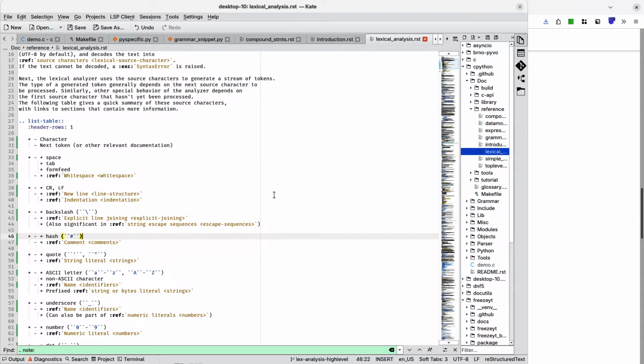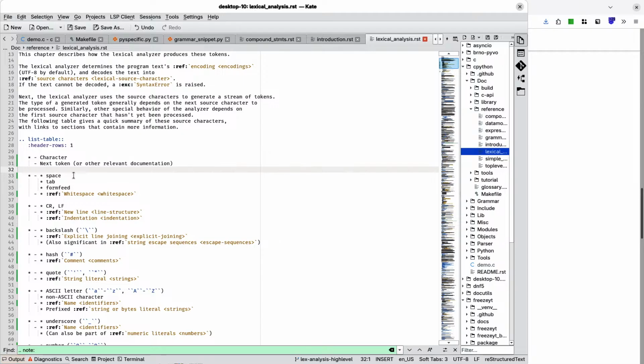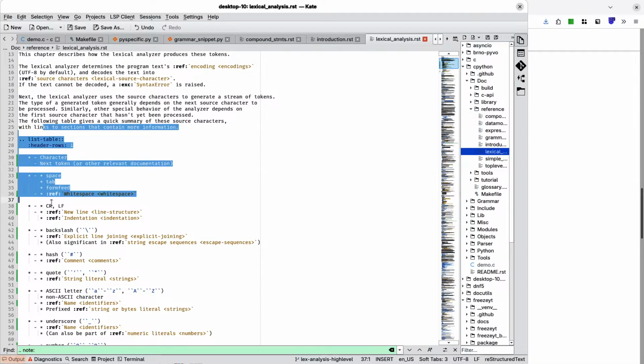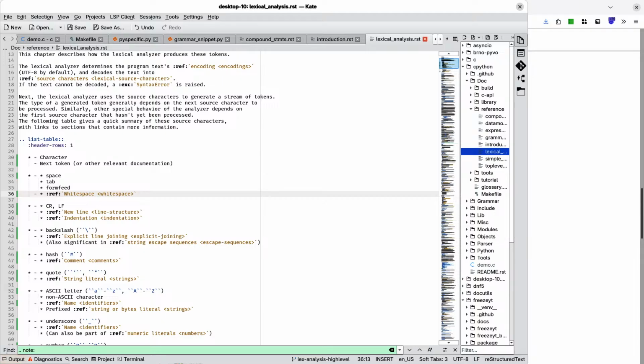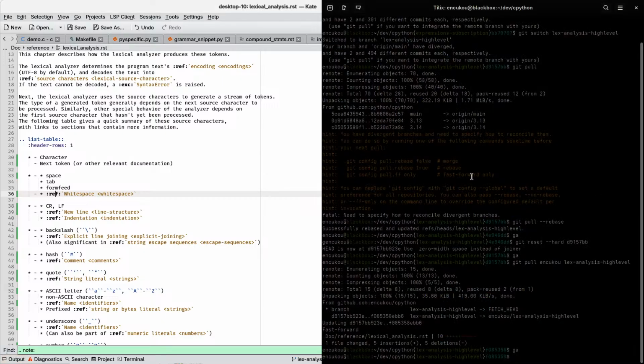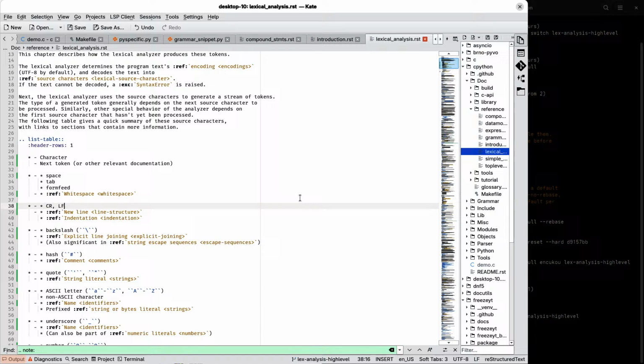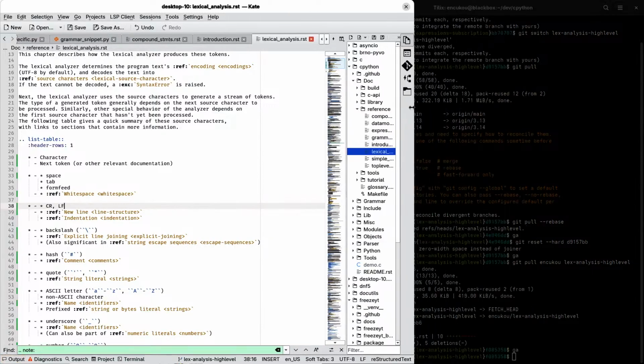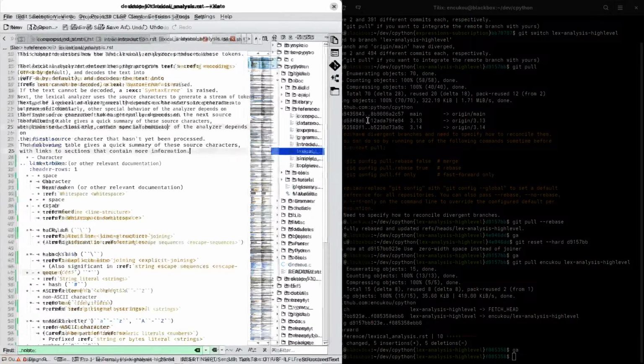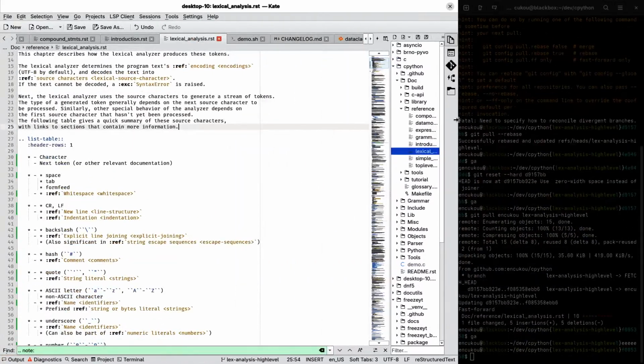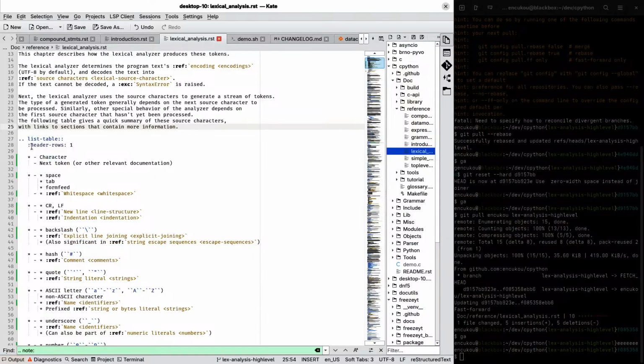All right, so we have this list table, which in the text appears as a list, but then it gets turned into a table when the documentation is rendered. Normally in reStructuredText, tables have a syntax where you need to draw the table from dashes and other kinds of lines.